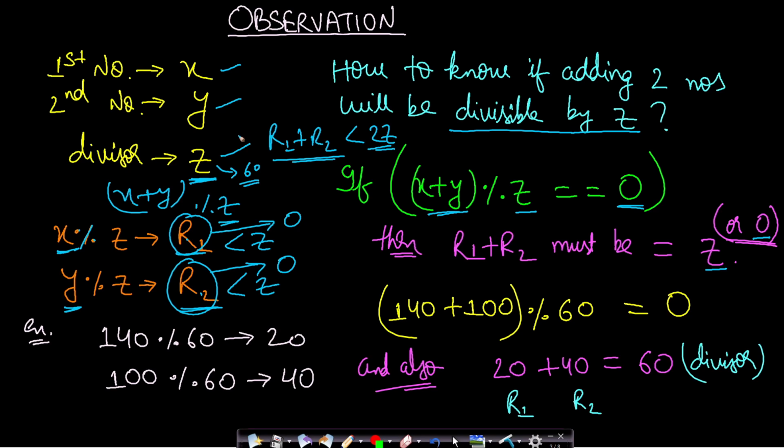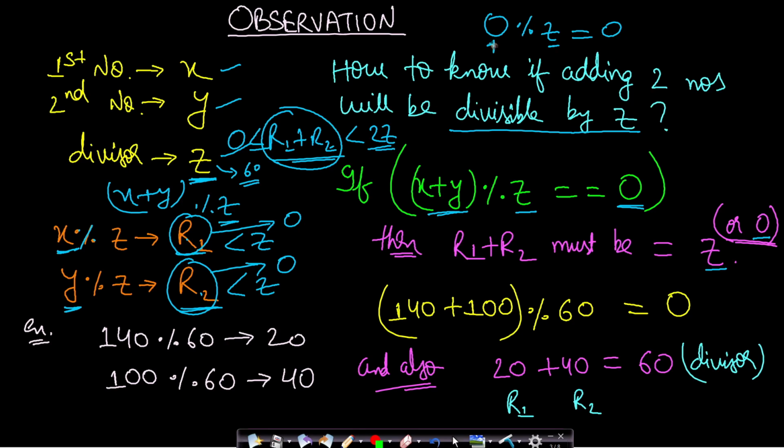So this r1 plus r2 will range from 0 less than or equal to r1 plus r2 less than 2z, right? So at what values of r1 plus r2 can z divide it? Well, if the r1 plus r2 value is 0, then you take mod with any number and you will always get 0. So this is said to be divisible. So 0 is divisible by any divisor.